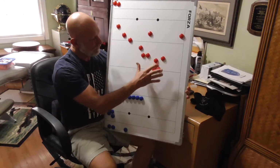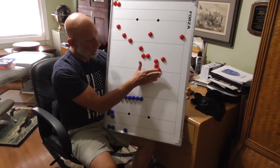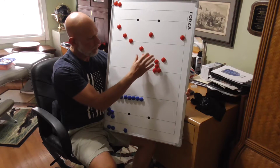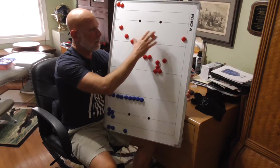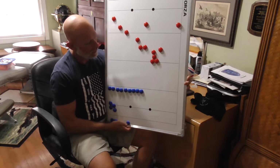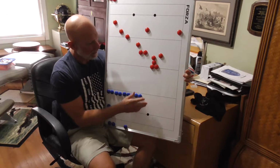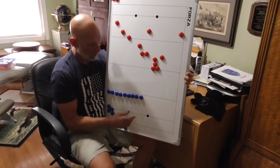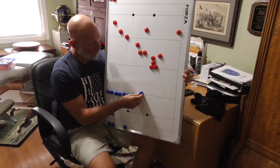So here we have offensive breakdown. We got the tackle made here. They form the ruck. We got the scrum halves, their pot of forwards, their backs, all lined up on the field. So the first thing that we need to do at a breakdown here is get the posts in position. Now, the reason they're called posts